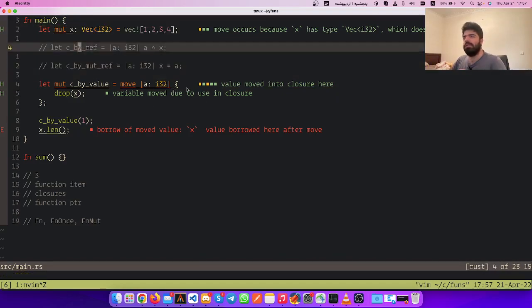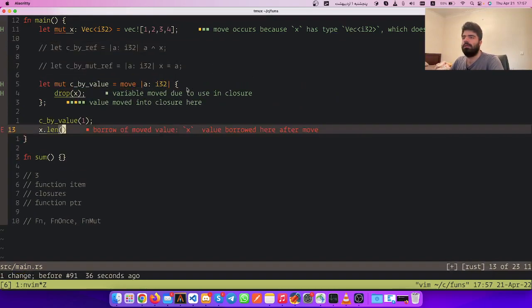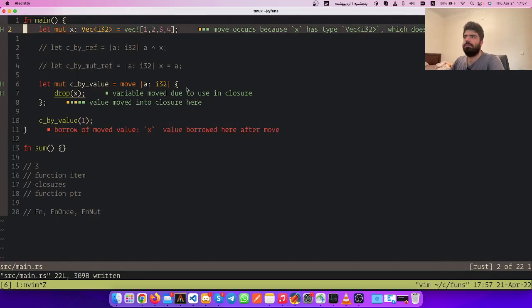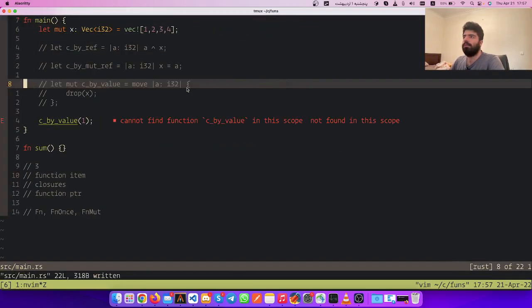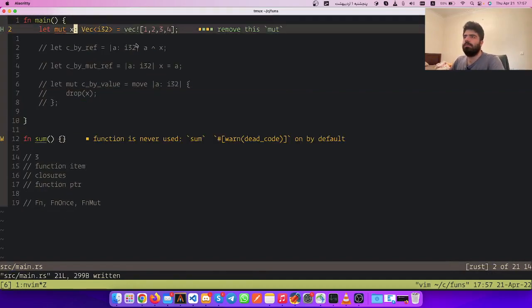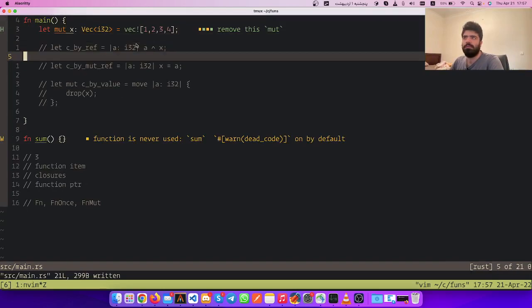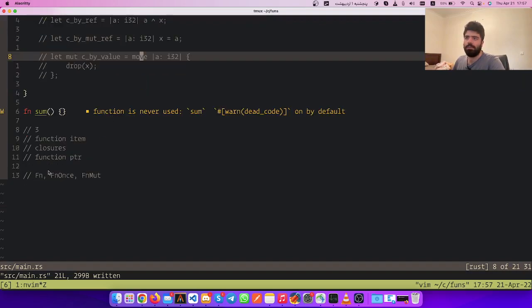So we have 3 types of closures. Okay. So we have by reference, by mut reference, and by value, where we use the move keyword. So now let's talk about function